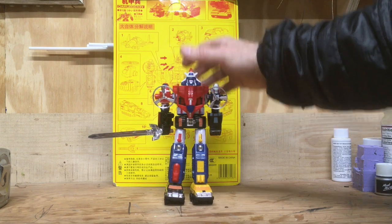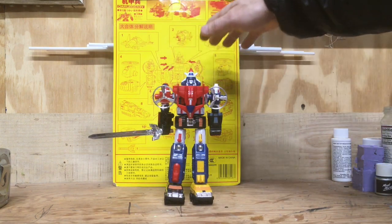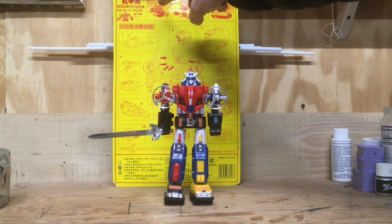Like I said, well, I didn't say this earlier, but you can't really form these vehicles. It shows you being able to, but you can't. There's a company called Polyfect who I've seen makes ones that look just like this, so I'm kind of wondering if this is a knockoff of that brand of figure. But you're not able to form these two at least, you can form